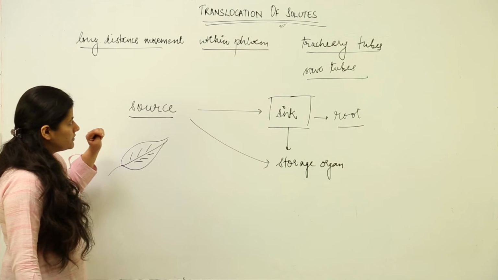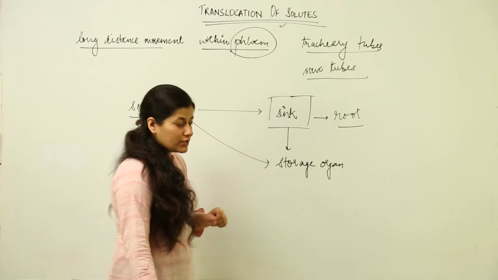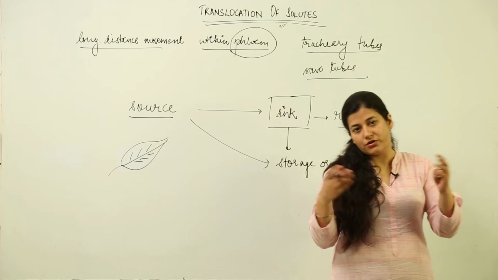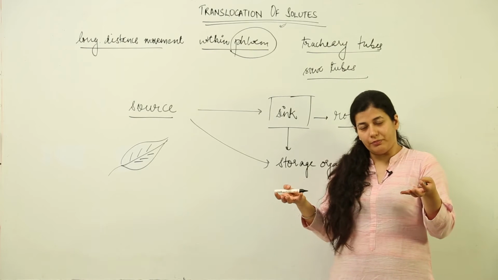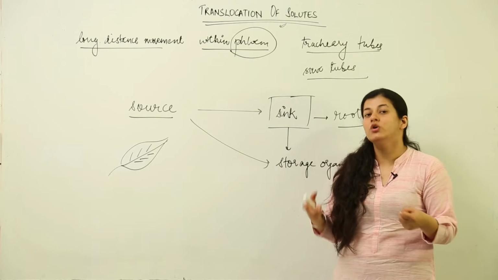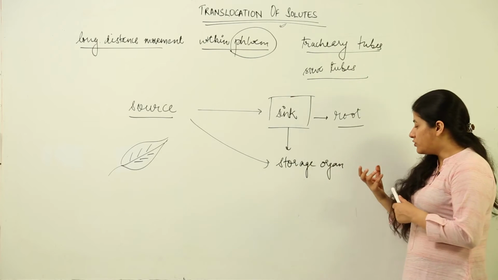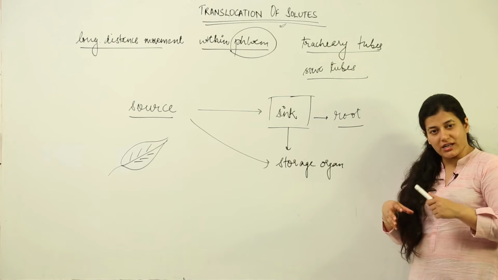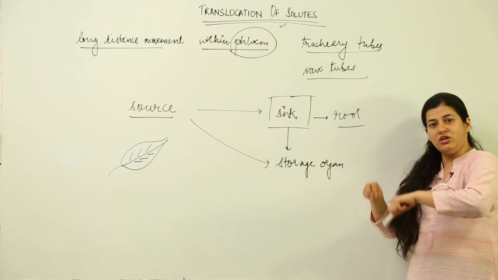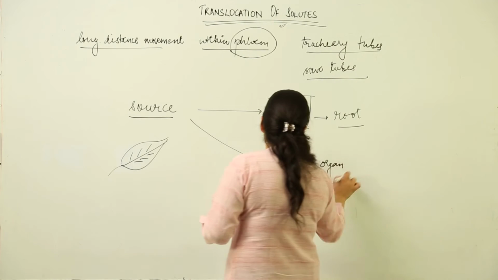Now, you see that the phloem part is mostly involved in this process of translocation. You must have seen in the cases of certain plants, as in the case of deciduous plants, they get rid of their leaves, then later on they are going to take up the food material that is stored somewhere in the plant, and then they are going to give rise to new parts, or the new leaves that are going to be formed. You must have seen in the case of certain roots and stems, they store the food material, then whenever the circumstances are favorable, that stored food is being utilized by other parts. So at times this storage organ could act as the source,